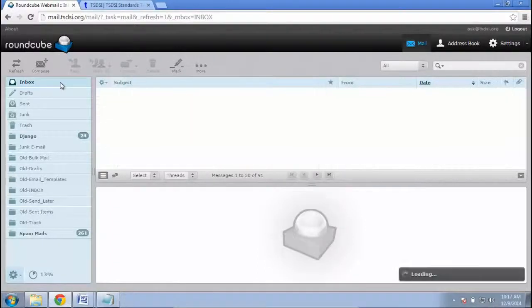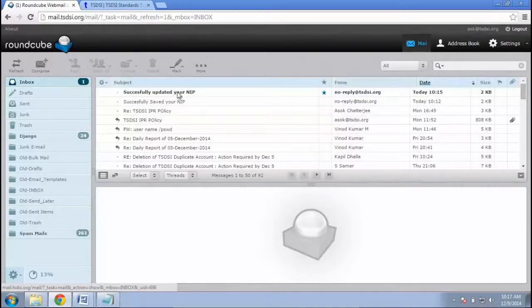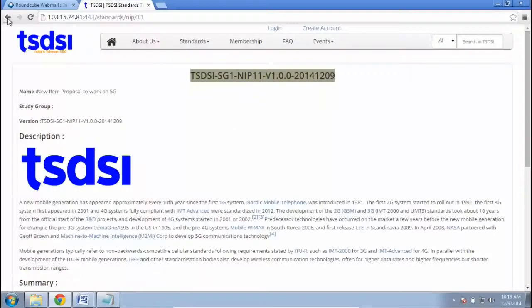This is the reply you got. It has been accepted by TSDSI, so wait for the next update, and this is your NIP. Once we have created a NIP, we can directly see it on the website. This is for demo purposes, not the actual website.